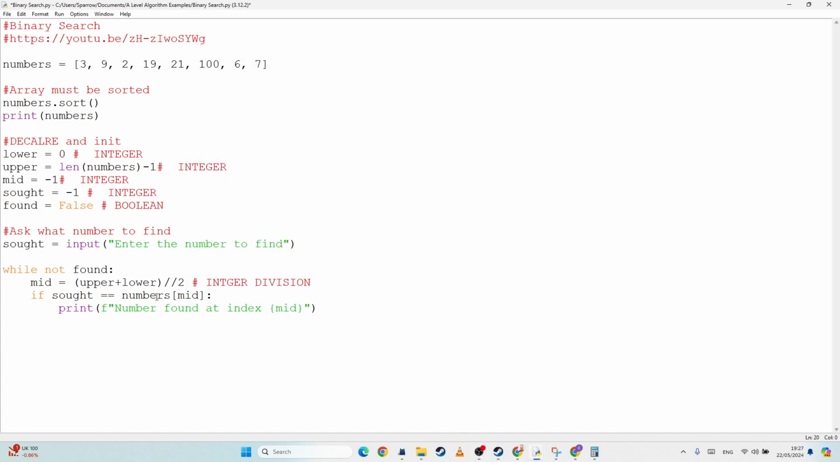So anyway, if the sort is equal to the numbers at mid, then we found it. If we found it, we want to change our found to be true, which means we're going to stop this loop. So when we find it, we exit the loop. However, if we don't find it, well, like we said before, if the number we're looking for is less than the current value at the index,